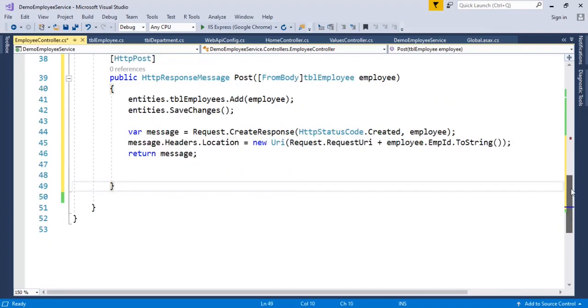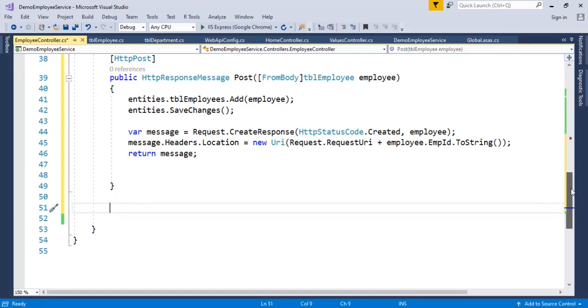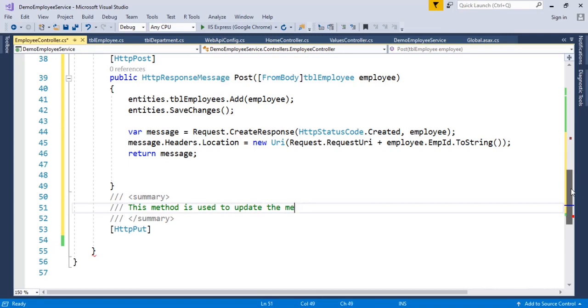Coming to the put. Put means we will get the employee details based on the employee ID, and we are going to update. So just write the HTTP put. This method is used to update the employee information. Public, again public.